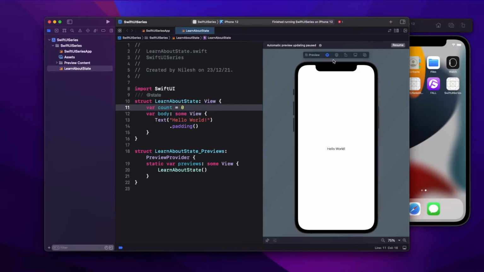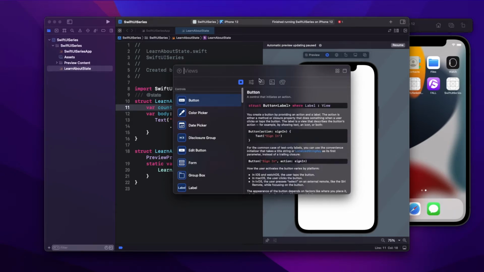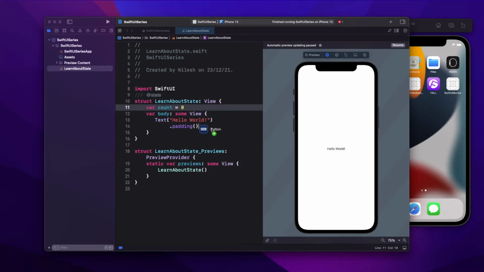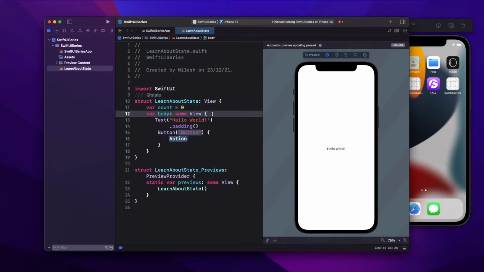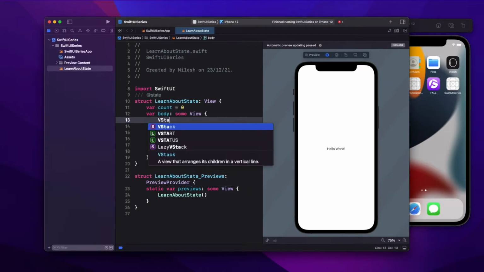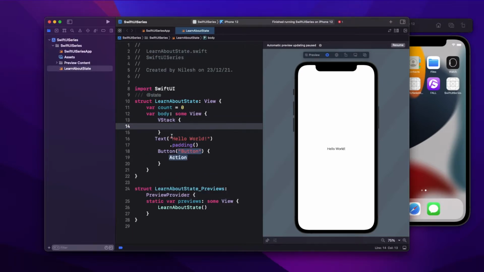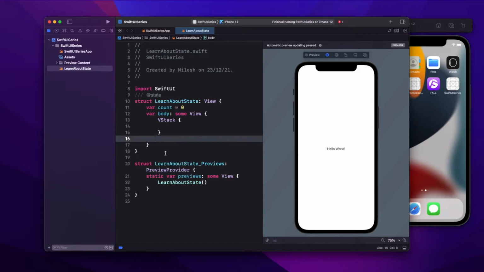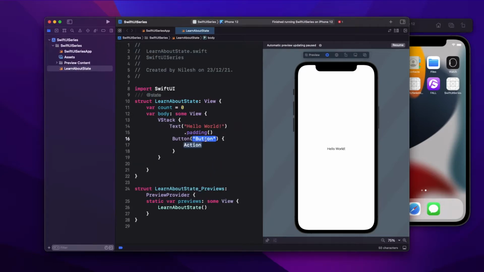Now I'm taking a button, just drag and drop a button, and I'm putting everything in a vertical stack. So now I have a simple button.